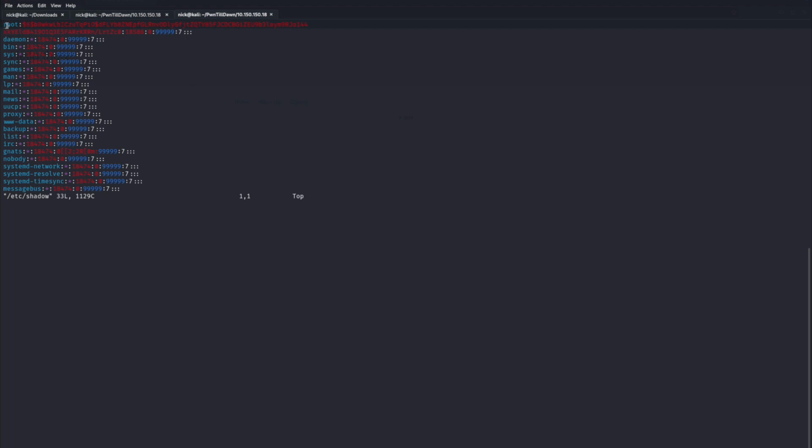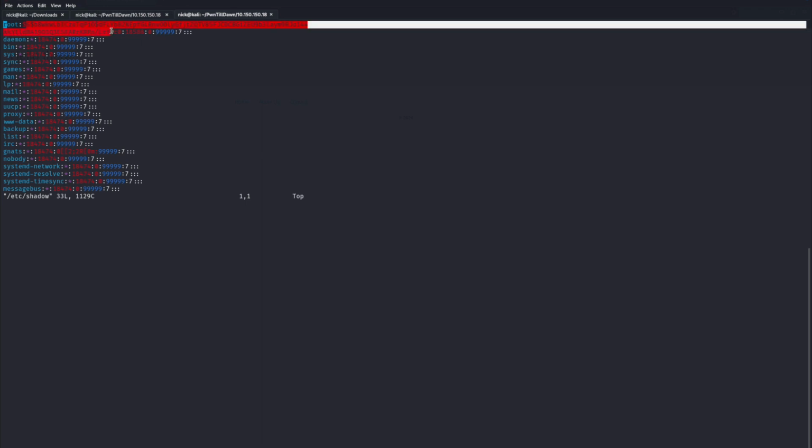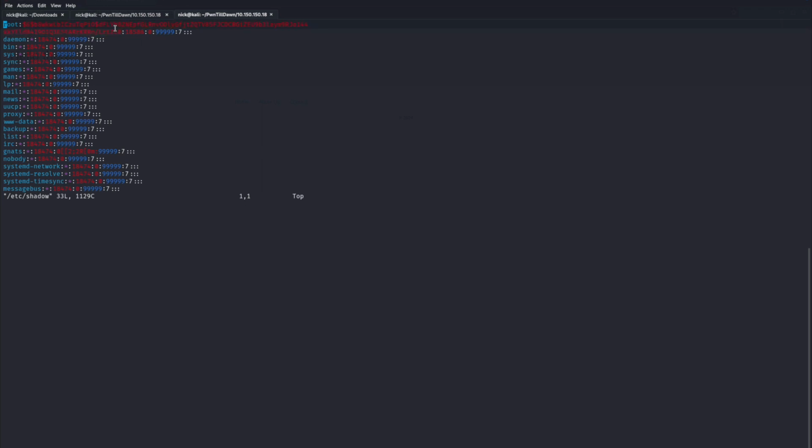So we have our root right here, and the second text that comes after the first colon, in between the second colon, is the hash of the password. And what this also means is that if we are able to modify and remove the hash for root here, leaving only two colons side by side, we can change our identity to root without having to input any password. However, there's a slight difficulty where you are not visually able to change due to the shell's limitation,